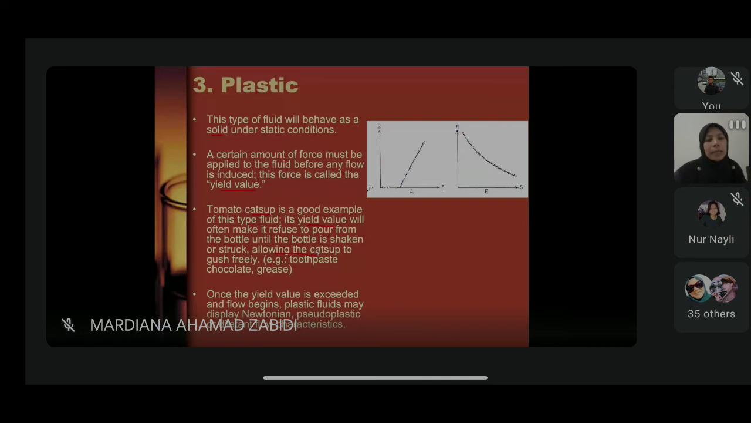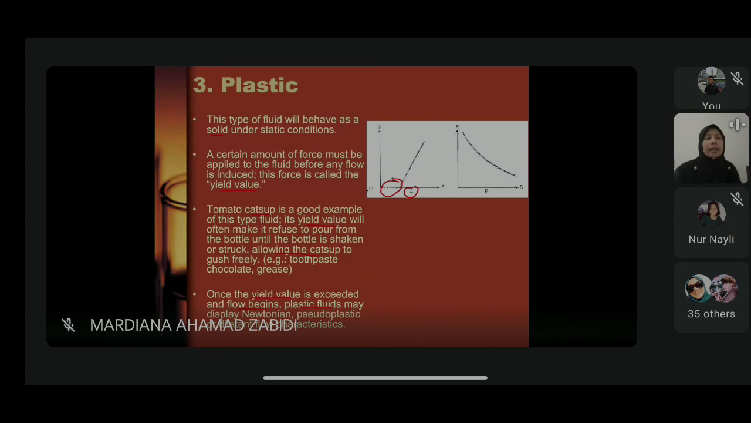Okay, but then once the yield value has been exceeded and flow begins, you will notice that the flow of the fluid is becoming, ataupun dia display, Newtonian flow. Maksudnya dia akan keluar undisturbed. Alright, so plastic, it can go like Newtonian flow ataupun it can flow like pseudoplastic ataupun dilatant flow characteristics. Okay, and if you can see here untuk graph A ni, dalam graph A, kamu nampak tak dekat sini dalam graph tu ada